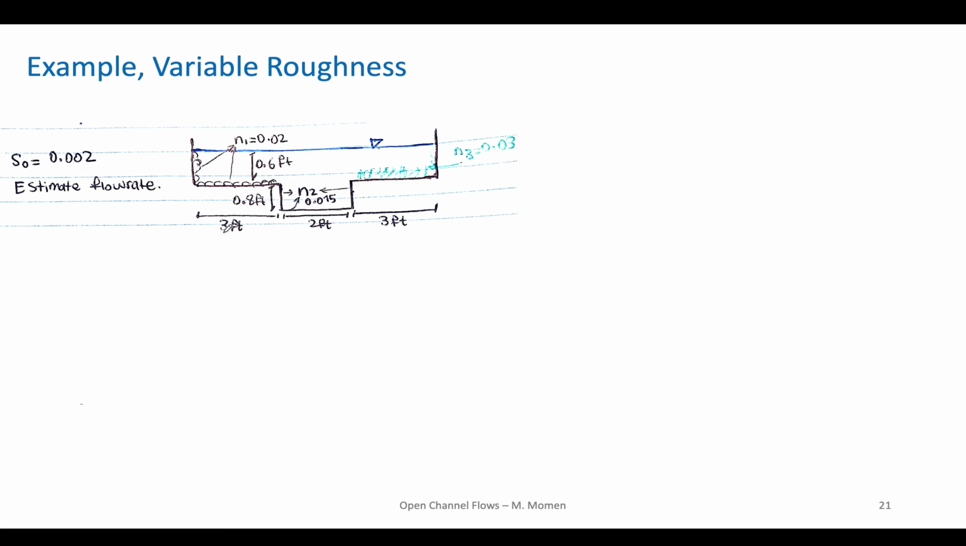Okay, so now let's go to the second example for this Manning's equation. In this example, we have variable roughness in a channel. So we have a channel which has three different roughnesses, and we want to find the flow rate here. The problem wants us to estimate the flow rate in this channel. S naught, the bottom slope of the channel, is 0.002. And then we have three roughnesses. Here, for example, could be rock. Here could be plants, as you can see. Here could be like